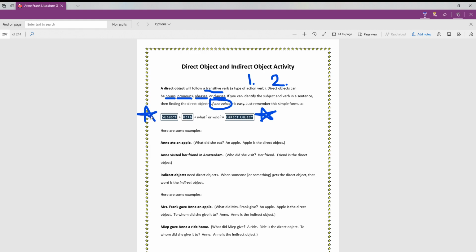Here's the formula. Subject plus a verb. And actually, if you can, I would write the word transitive up here. I'm not going to attempt that with my mouse in this tiny spot. But if it's a transitive verb,